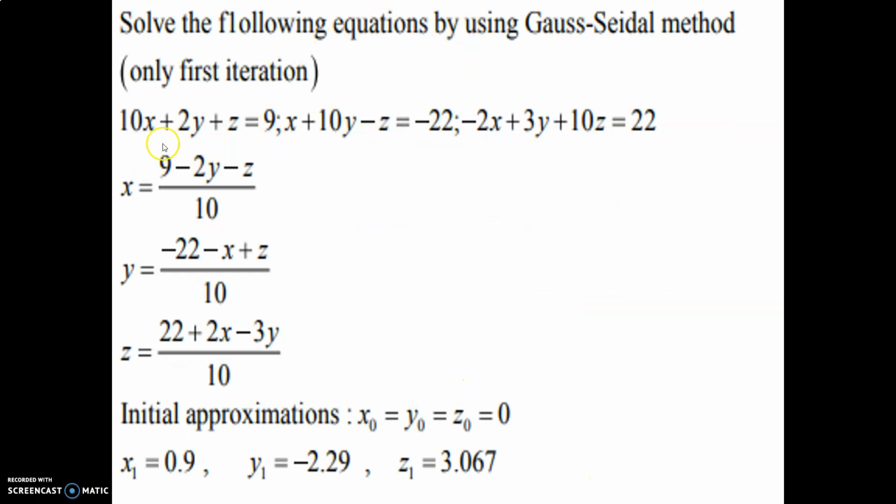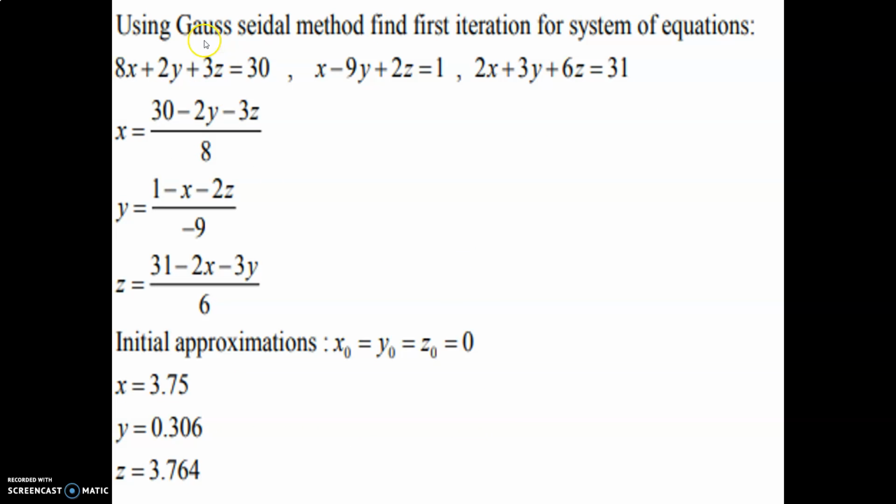Again Gauss-Seidel method, first iteration: 10x plus 2y plus z equal to 9, x plus 10y minus z equal to minus 22, minus 2x plus 3y plus 10z equal to 22. x is equal to 9 minus 2y minus z upon 10, y is equal to minus 22 minus x plus z upon 10, z is 22 plus 2x minus 3y upon 10. Initial root, we put x0, y0, z0 equal to 0, x1 0.9, y1 minus 2.29, z1 equal to